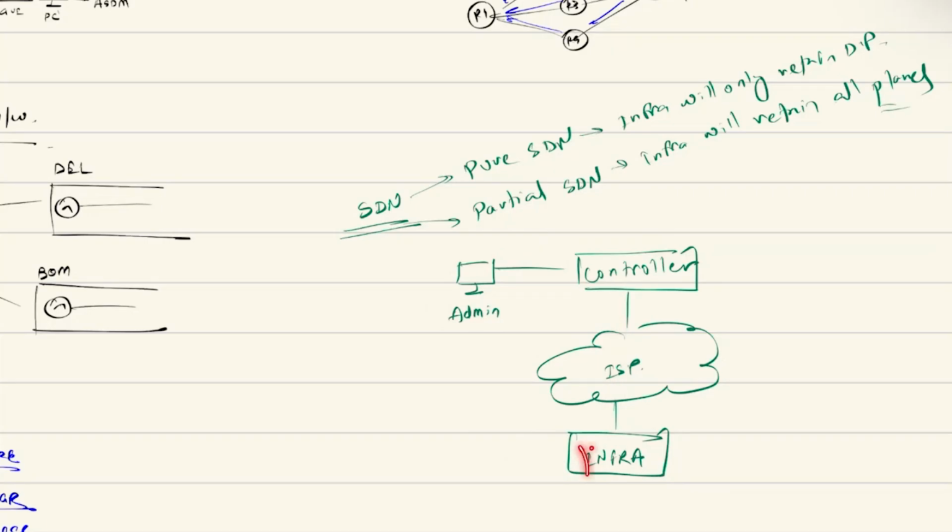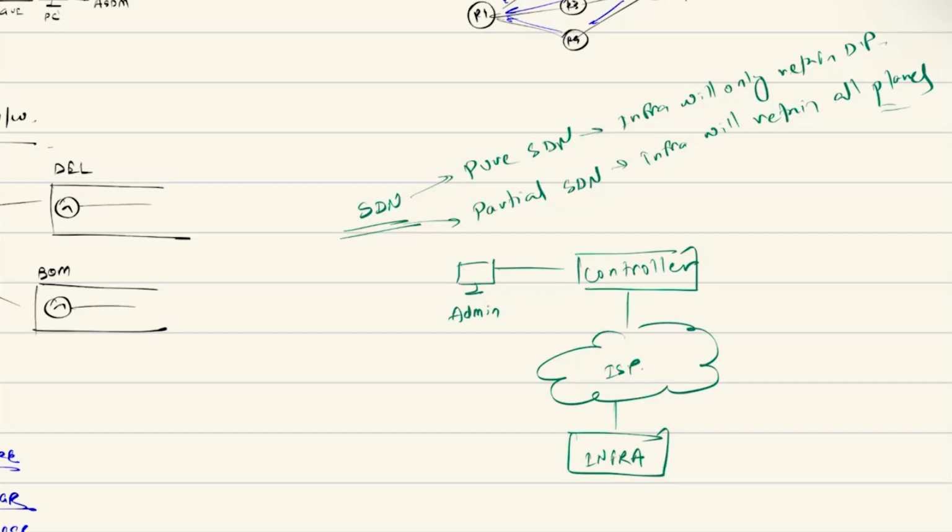Think of it this way: if I have 10 routers, one way is I go to each router, take CLI access via SSH or Telnet, whatever remote management protocol, and configure each device. That's one way. Or you write a simple Python script that goes and communicates to each device automatically as you execute it, and then performs the config. So which one is better? Of course, the one with the Python script, because you will save a lot of time. You can also ensure a lot of validation and all that stuff.